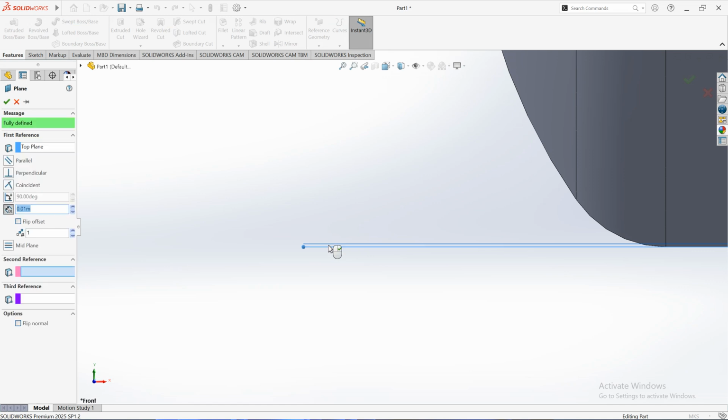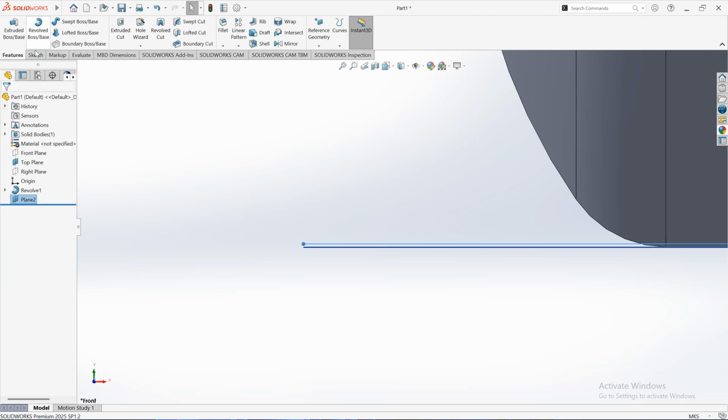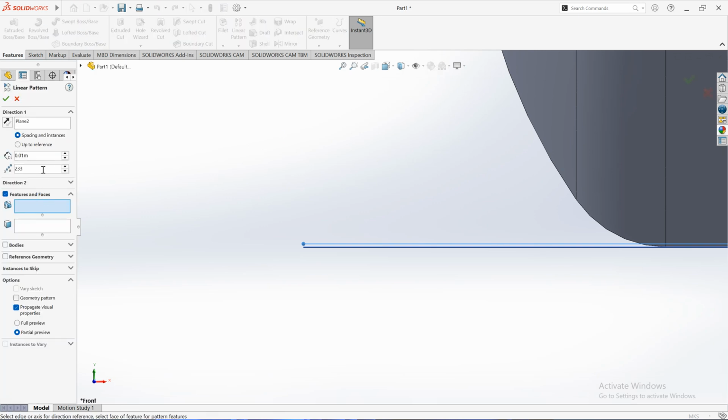Okay, so I'll click on plane. I'll click on this plane again. It gives me 1 centimeter. That's great. That's miraculous. So now I'll click on linear pattern. I'll click on linear pattern, and so I've defined that I need 233 of 0.01 meter divisions, and I don't need to